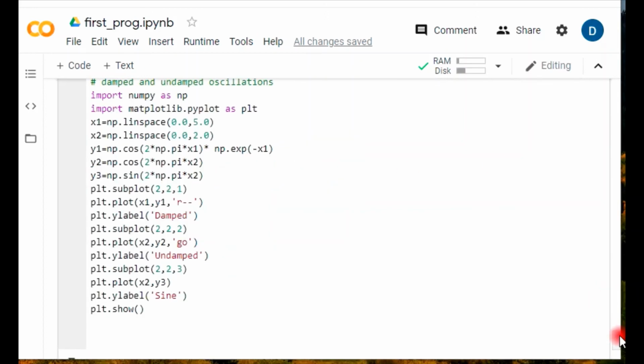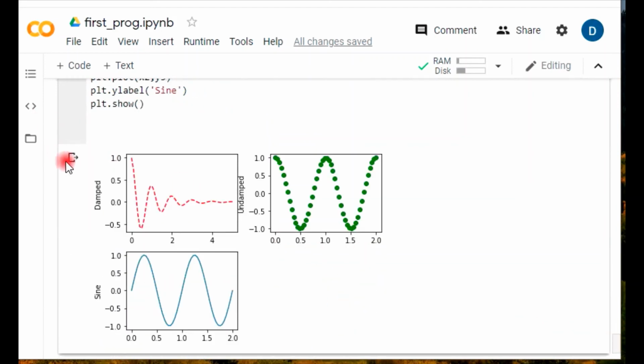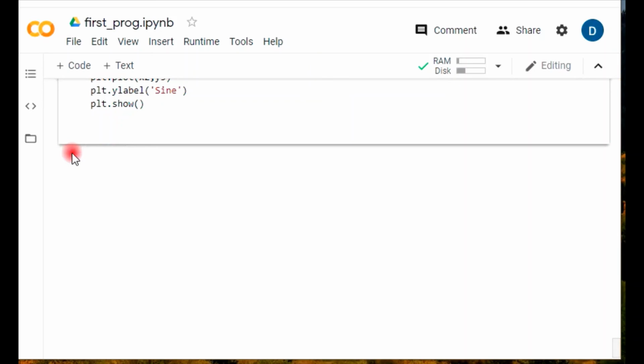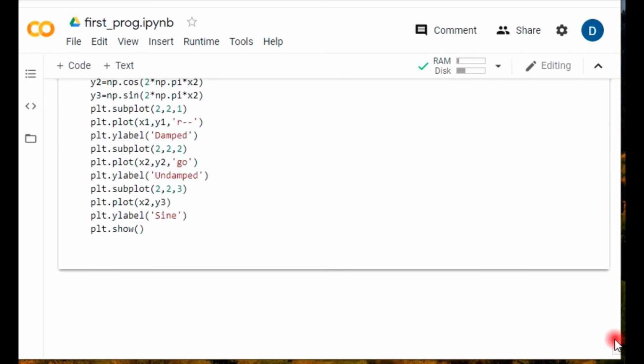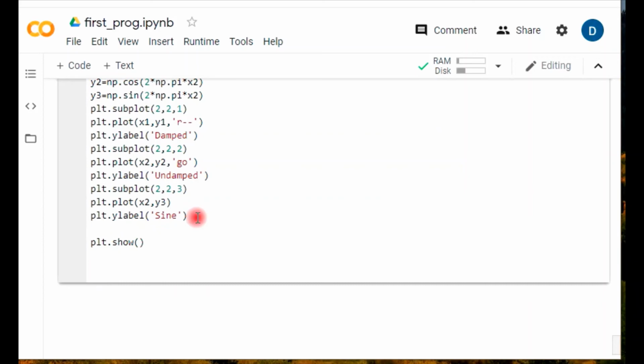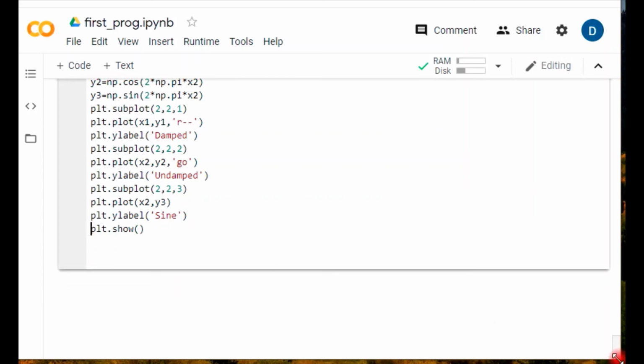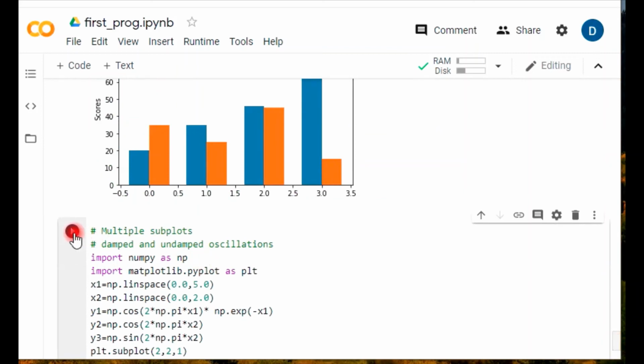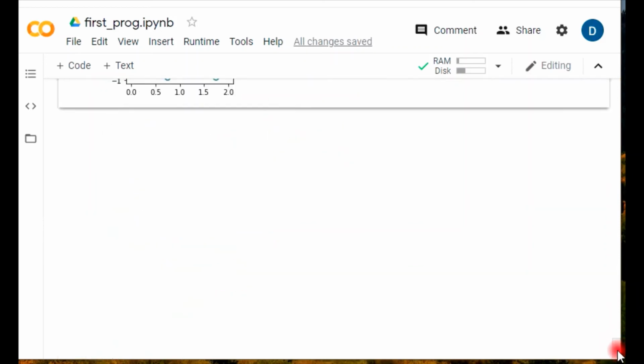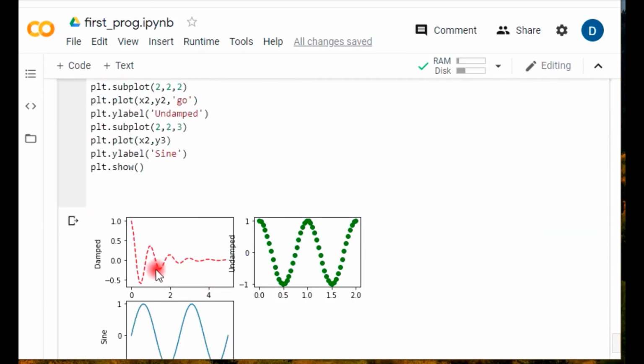Now in this problem we have seen one thing. We are just creating this one, and we have seen some overlapping issues. If your data becomes overlapped, then you have an option to settle down your figures. I'm just repeating this for you, and we'll show you what problem we have. If you see here, this is the damped sine, and here we have this undamped one. So this undamped one is overlapped. How can we get out of this problem? This is a very simple option.